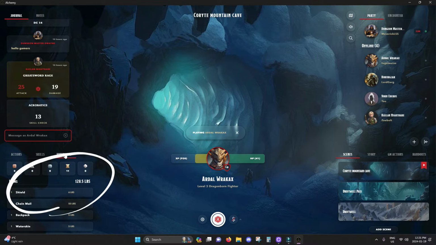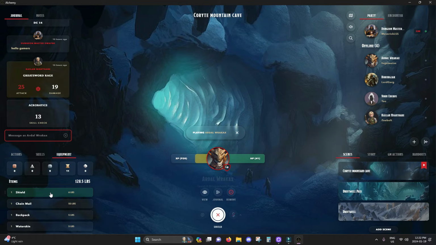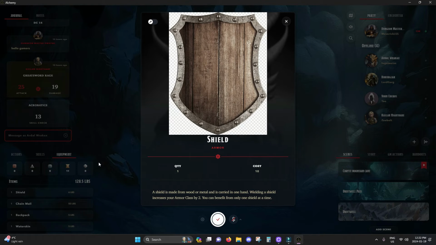I'm going to start with equipment. Everything's imported from D&D Beyond, so you're going to have the entire equipment list as it was. And not only that, you can actually click on it, just like in D&D Beyond. One of the cool features of Alchemy is that when you click on it, you have the option to view it. Now, viewing is essentially what D&D Beyond provides as far as statistical information about the piece of equipment, but